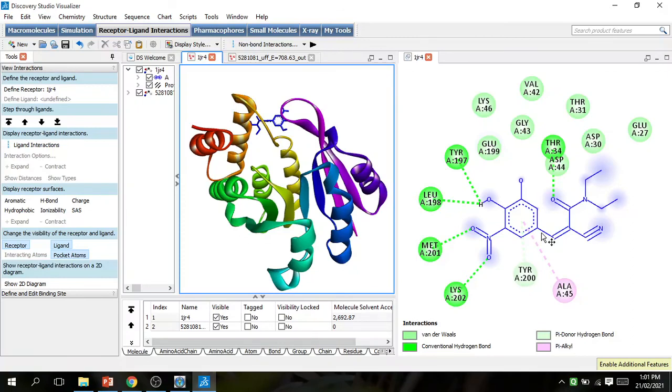It is a marketed product, entacapone. In this way you can select any ligand, any protein, or any of your newly synthesized molecules. You can change the functional group in entacapone, add another functional group, and analyze the result using BIOVIA Discovery Studio.